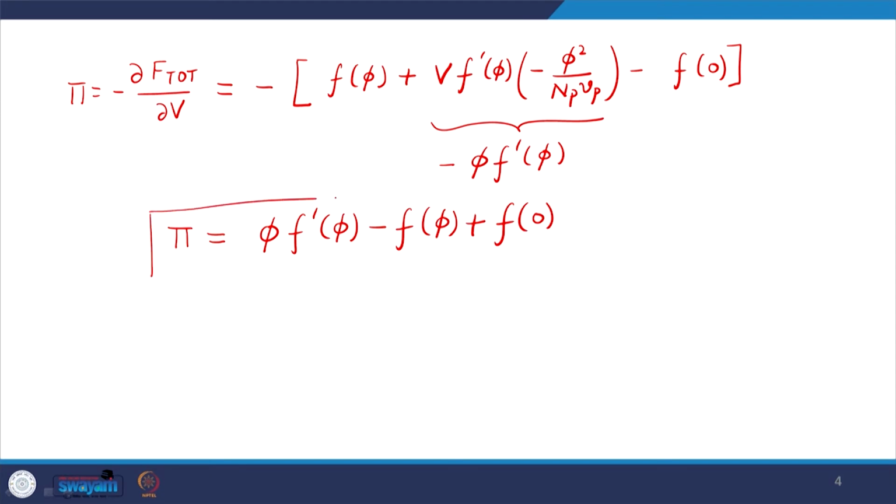So, this is the expression of the osmotic pressure, and I showed you it is a function of f, right. So, this was expected because pi is a driving force of mixing, and we already said if I know a small f, I can characterize mixing. So, both has to be related. Now, let us look at the chemical potential.